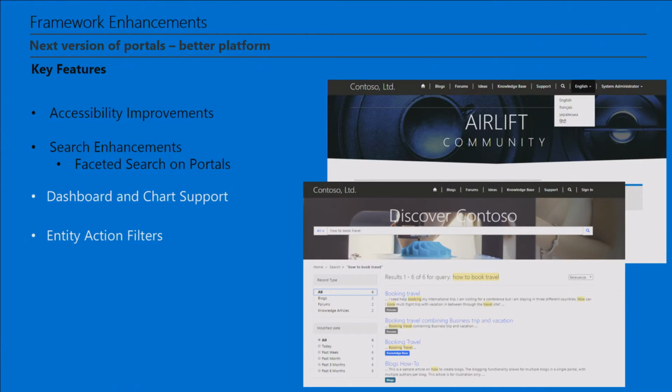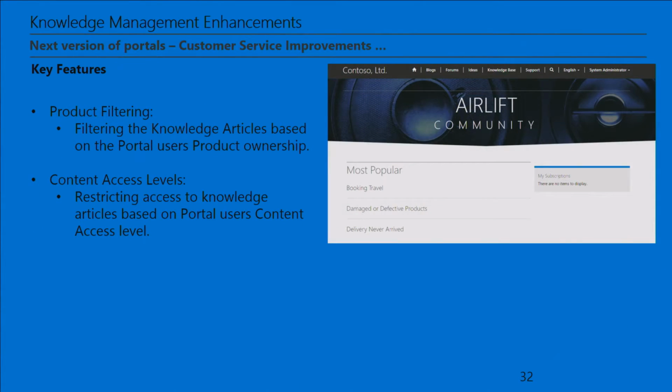We've also made some small changes to the entity action filters. In the partner portal, you would be able to, let's say, open a case or open an opportunity or close an opportunity, but it's dependent on what the state of that opportunity was. So we've extended our entity actions so that you can put filters on there, so certain actions are available only when the record is in certain states. Those things are available across all the portals, but of course we're leveraging them for the partner portal.